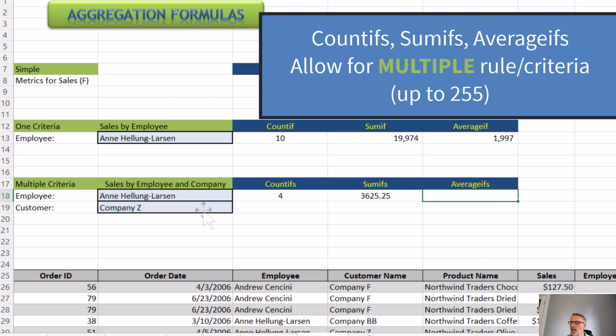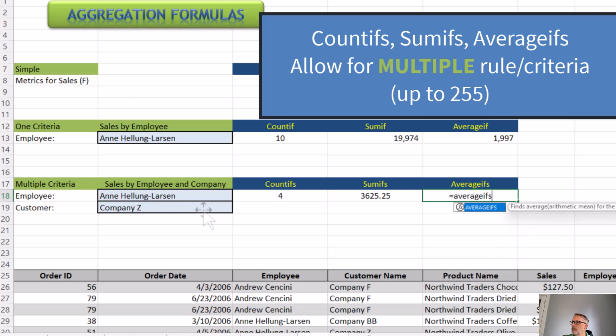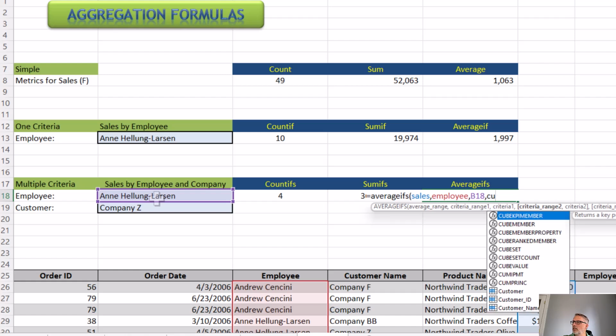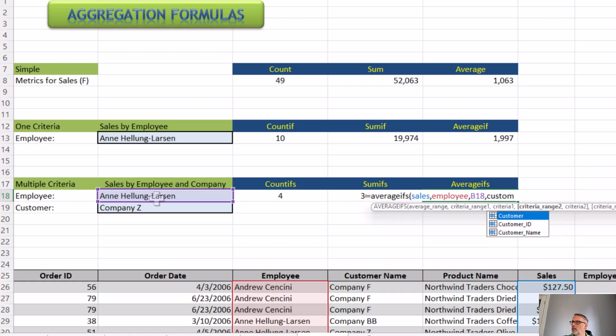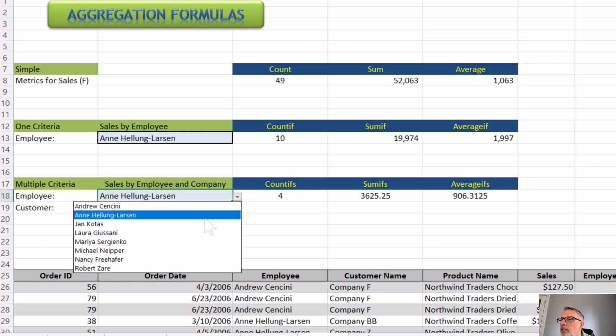Okay, and then we'll do equals AVERAGEIFS. My average range is going to be sales. My first criteria range is going to be employee, and then it's going to be the employee. The second one's going to be customer, and the customer name, and hit enter. And now you can see how as I change different things,